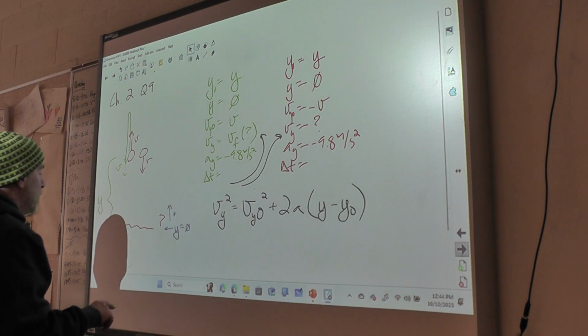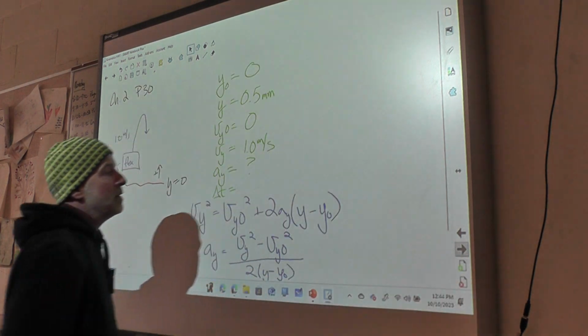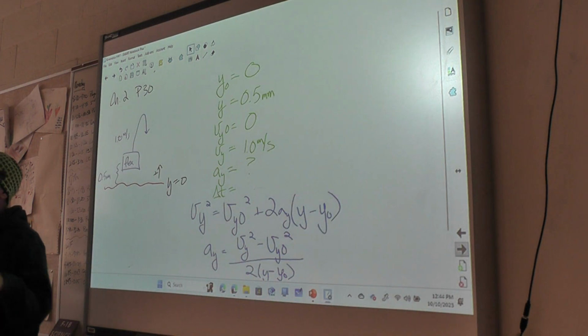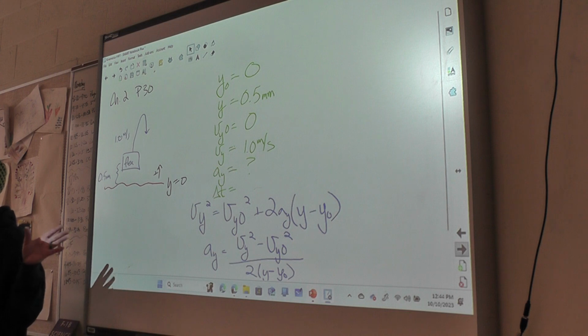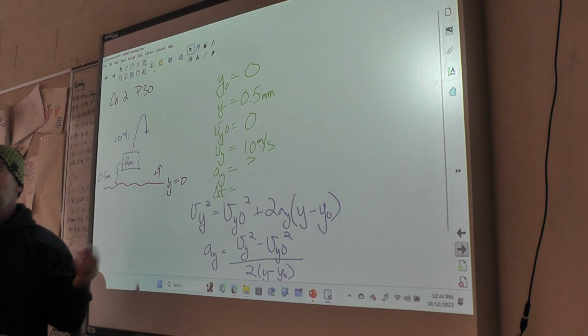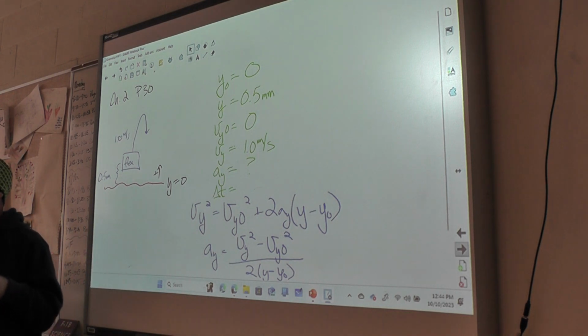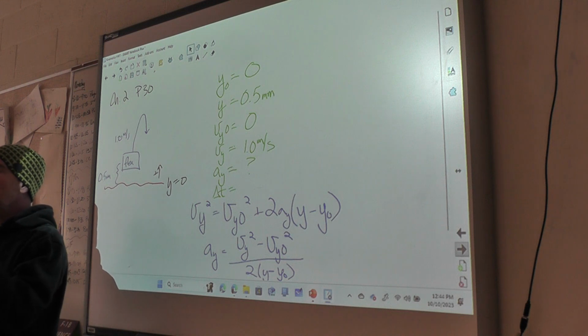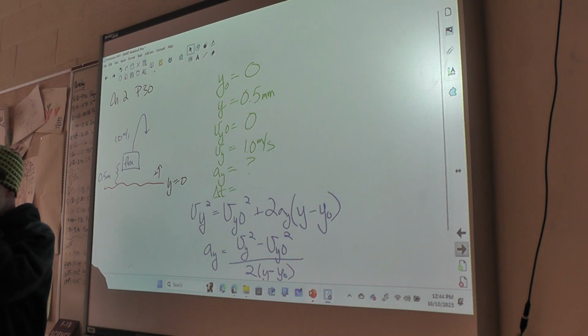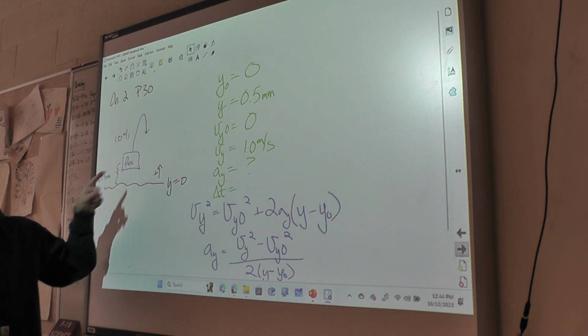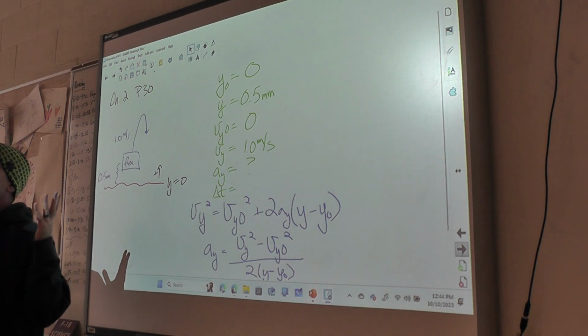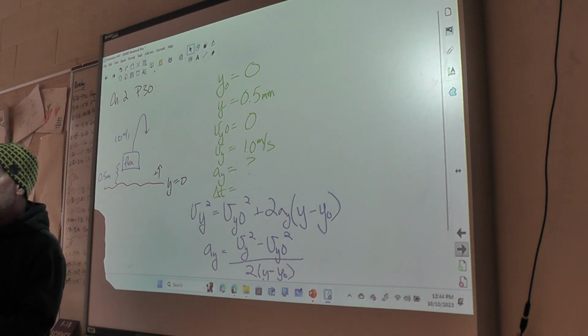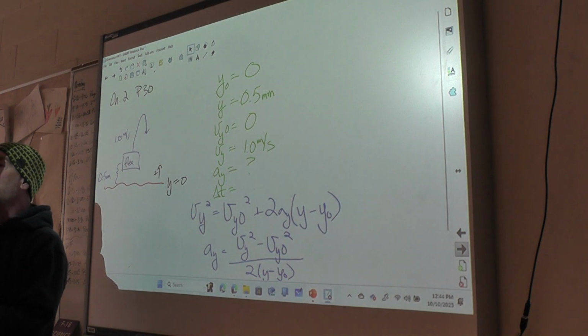And then the next one is the flea. The complexity of this problem has to do with the fact that you have to make some assumptions about what's going on here. Because if you think about what's actually going on, we can't deal with the problem without making a few assumptions. Because what the problem describes is a flea that's jumping off the ground. And over the course of its jump, it moves 0.5 millimeters.